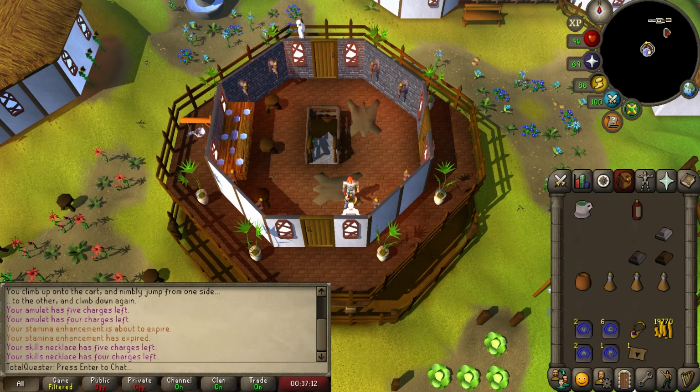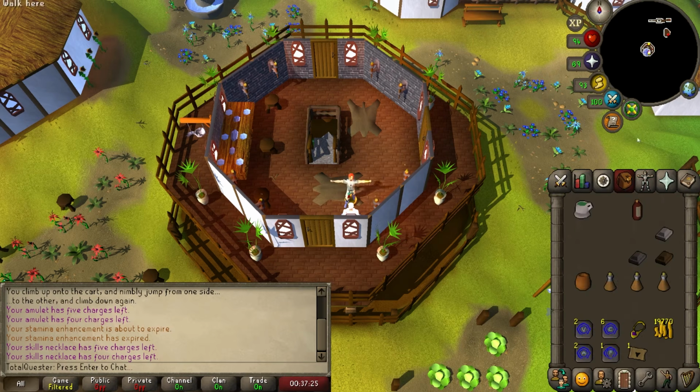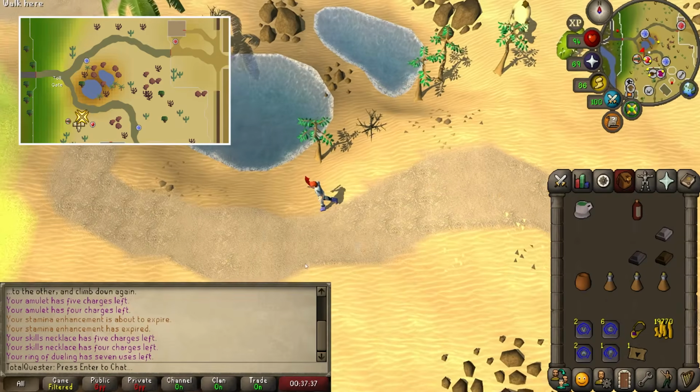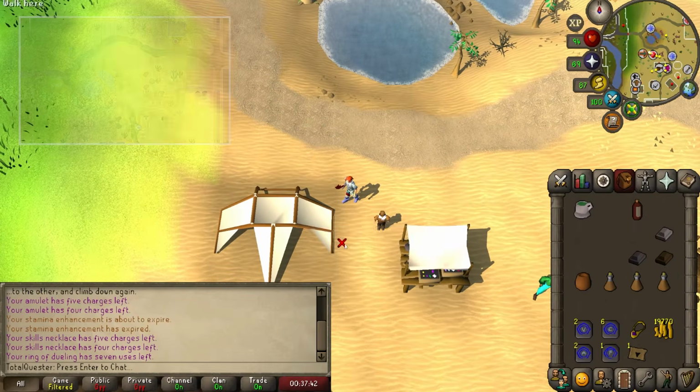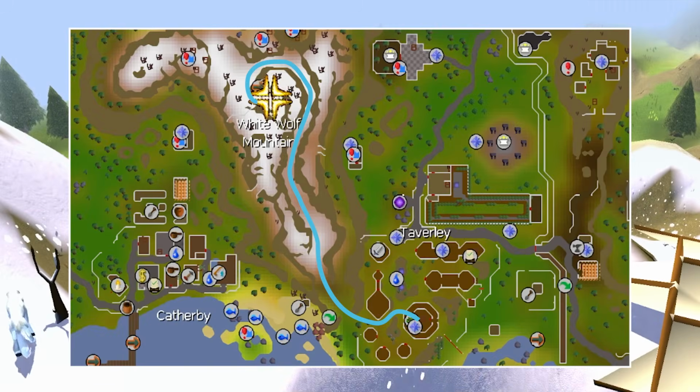Next, we need to head to the Gnome on White Wolf Mountain. If you've completed the Grand Tree quest, then you'll want to use your Ring of Dueling to teleport to Emmy's Arena before running west and a little south to the Gnome Glider. Then select Glider on the Gnome Captain and choose to travel to Sindarpos. Alternatively, if you haven't completed the Grand Tree, then you can just run up the mountain by following the path